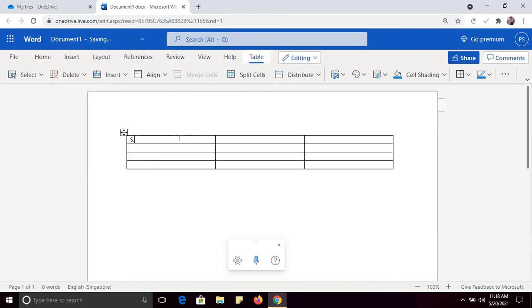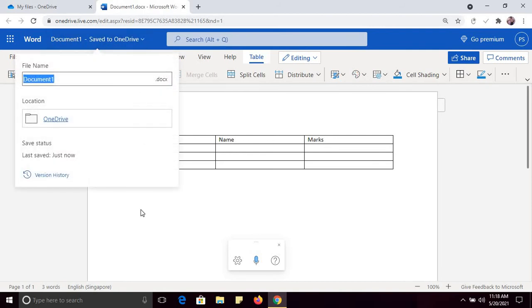For example, I want to create some document. You can create it, and you can save. This document is being saved to the OneDrive. You can rename this file, for example, student record. I want to rename this to student record, and you can set the location where you want to store this.